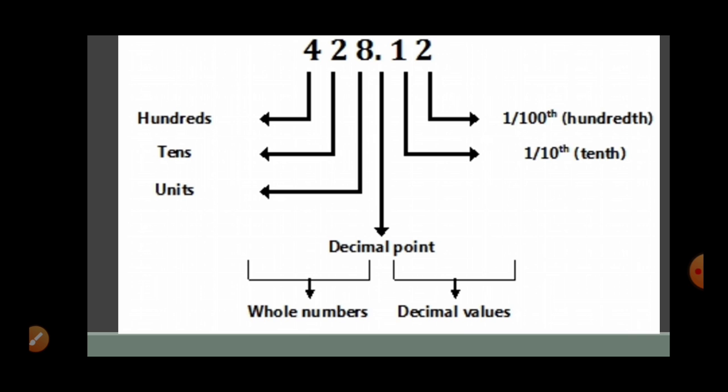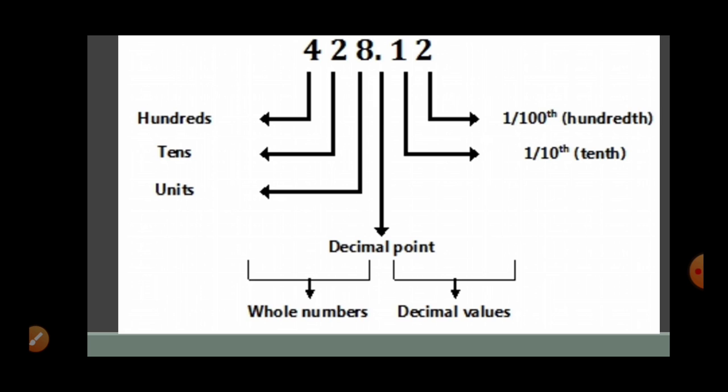539.88. That's a decimal number. It is more than 539. It's not up to 540. So it is 539.88. Now let's look at this arrangement of decimal: